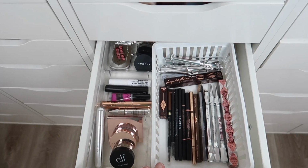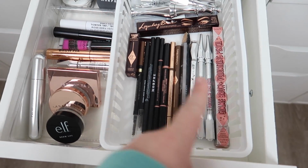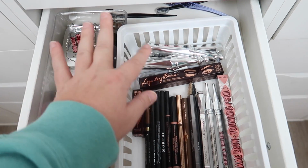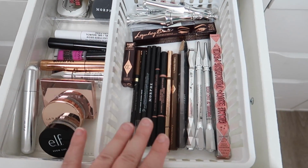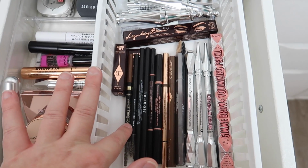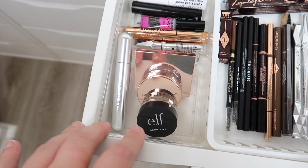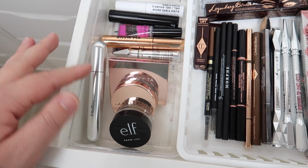Then we have my eyebrow products. So here we have eyebrow pencils, as well as other kinds of brow products. I have a few brow gels and some other brow pencil-type things. But we've got Benefit, Huda Beauty, Charlotte Tilbury, ABH, Morphe. This one is L'Oreal. I have Charlotte Tilbury. Up here I have some potted brow gels, and I have this REM Beauty serum, but we have the